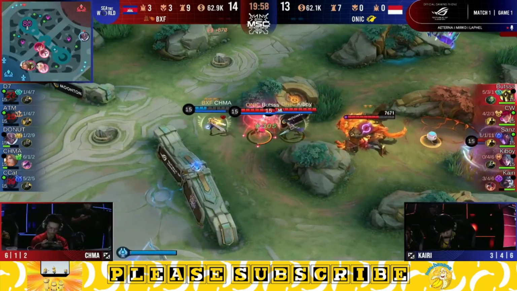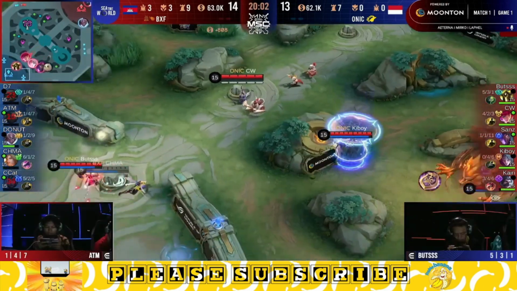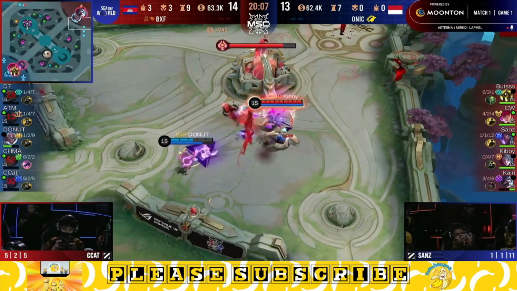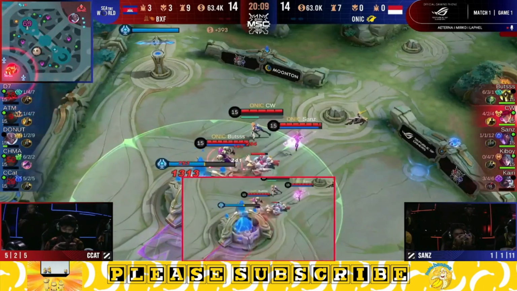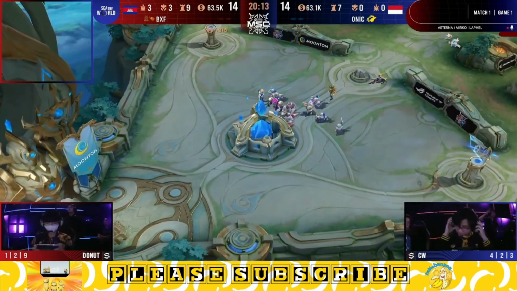Onic, they're out of their base. Kyrie's no recalling. No one's protecting it. Donut goes in. Donut, do you have your Wind of Nature? Do you have your Wind of Nature? Do you have your Wind of Nature? Donut 1v1. T-Boy is there. They can't do anything. They end the game. Oh my god. Game goes to Onic. The yellow